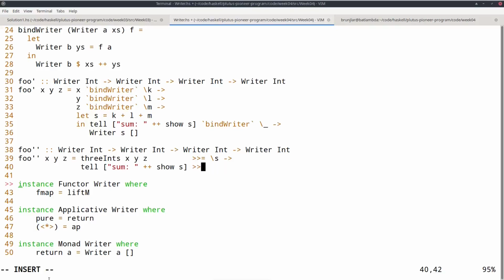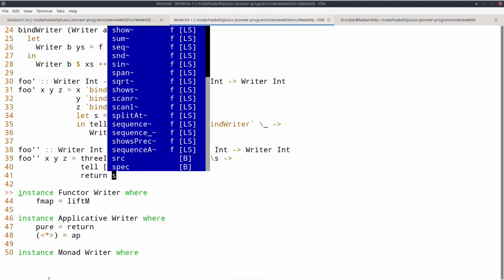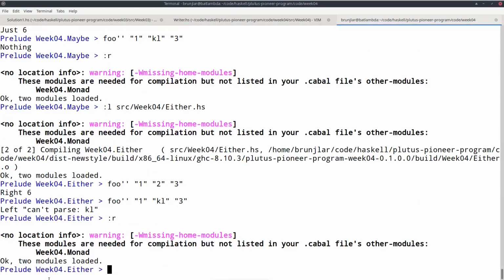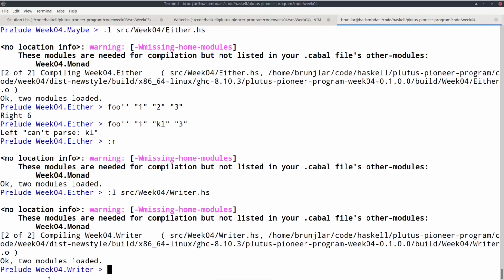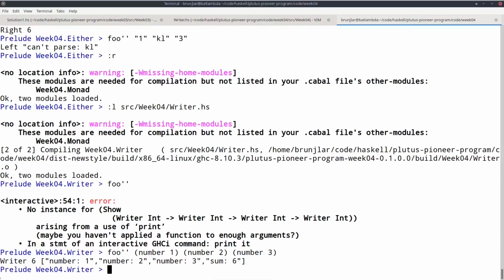Or I can use the sequence operator, which is made for exactly this case where I'm not interested in the result, and then return s. And again, if I run foo double prime, okay, sorry, I have to do number 1, number 2, number 3. Then again, I get the same as before.